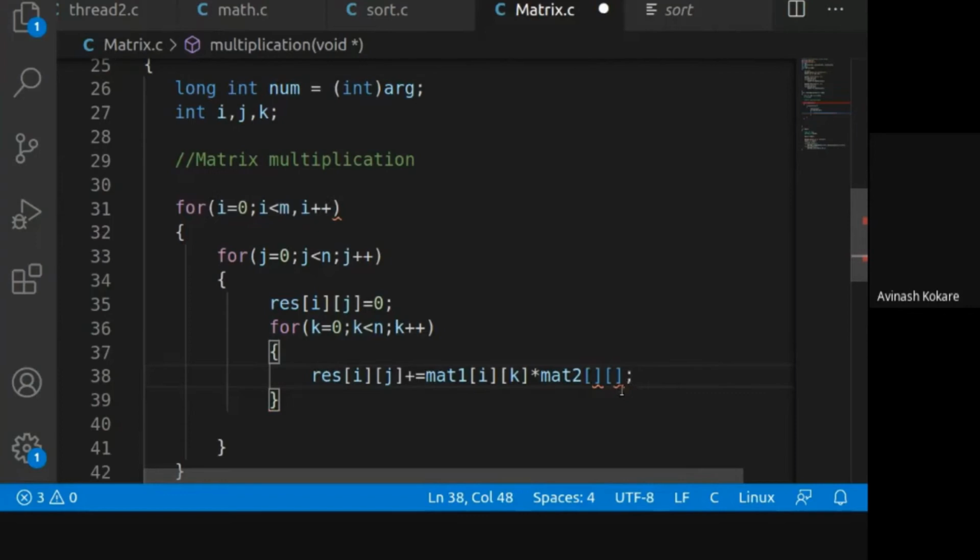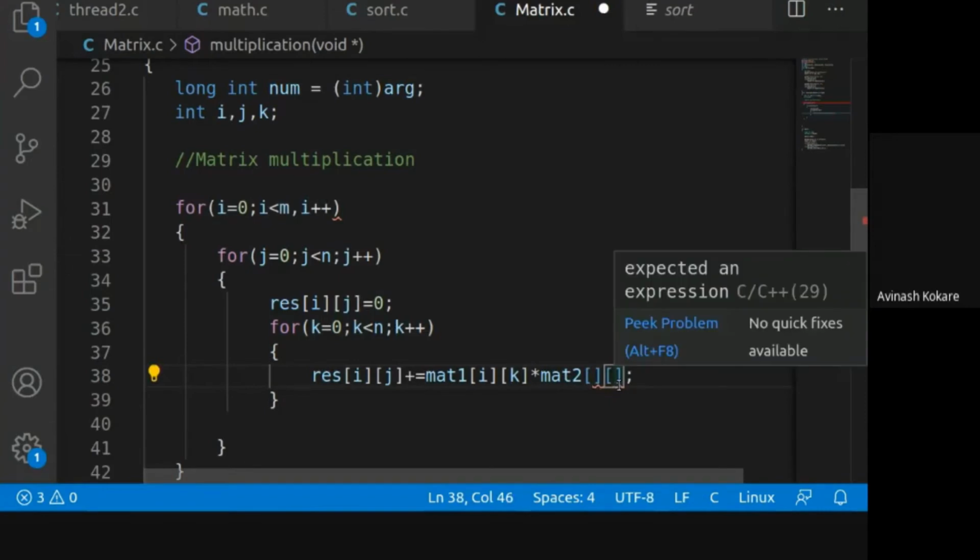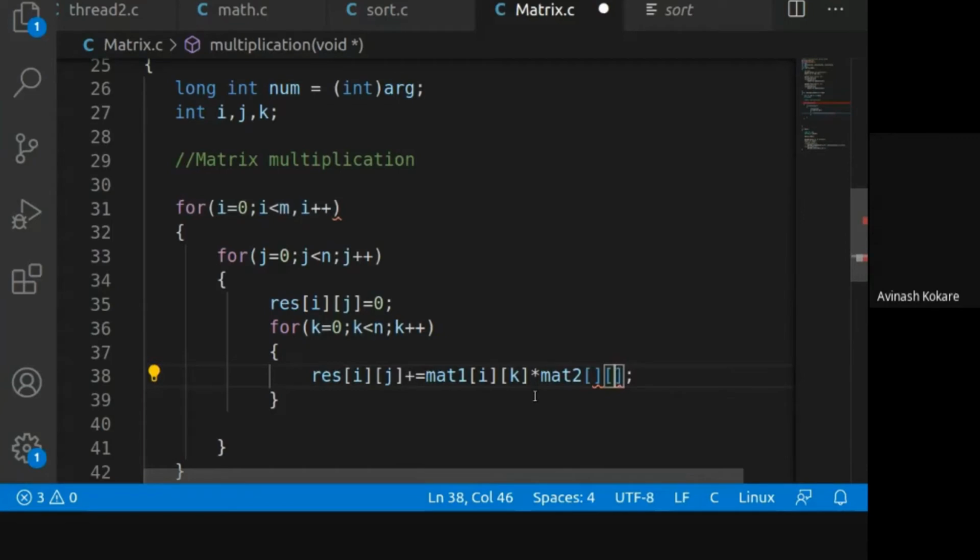What indices should be there? Ik means k is changing from 0 to n, that means the number of columns. So what indices should you write here? Let me know in the chat box what indices should be there in matrix 2.